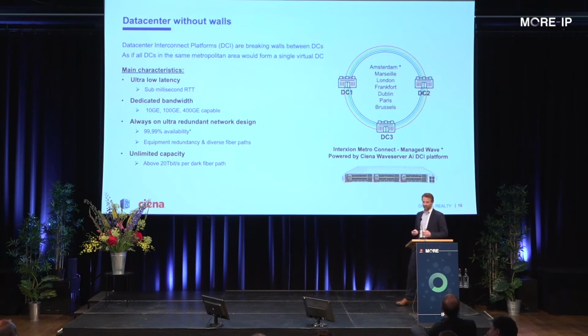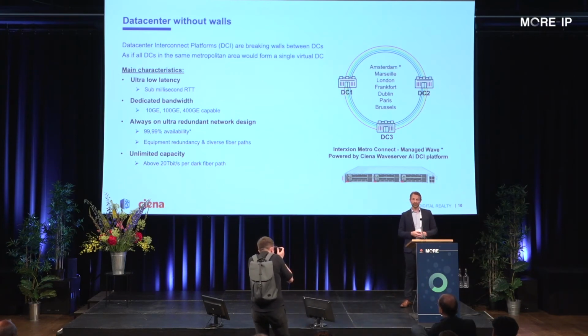Coming back to the data center connectivity in the same metropolitan area, the main objective for Interxion, as an example, is to offer their end customers the same environment, whatever the data center they put their IT infrastructure in. In other words, all Interxion customers benefit from the same partner ecosystem, the same connectivity ecosystem. They can put their infrastructure into one data center as if it were part of a virtual data center without walls.